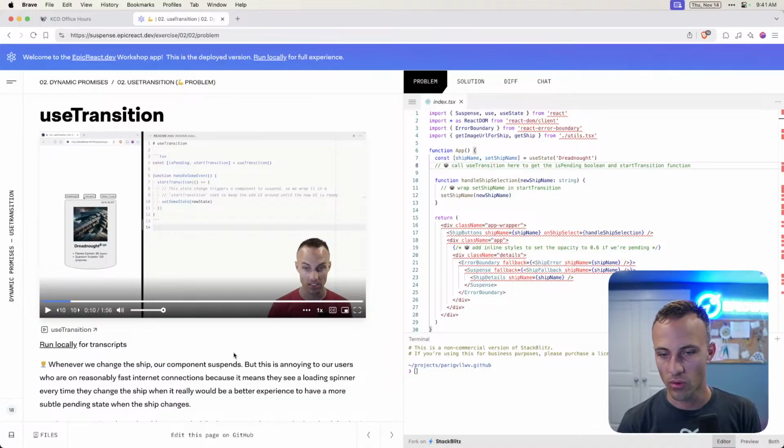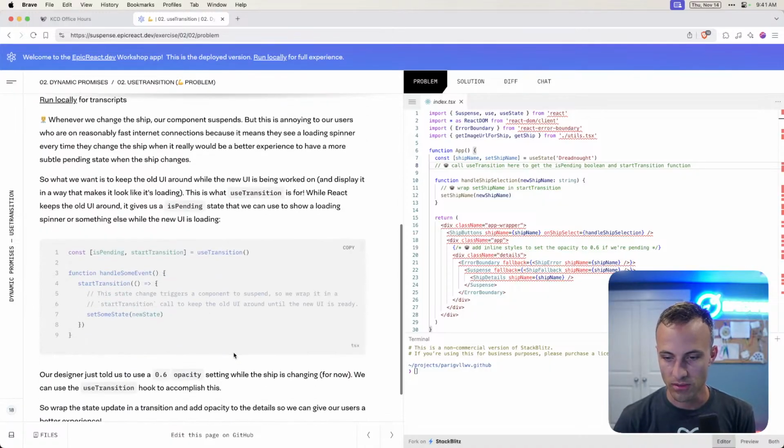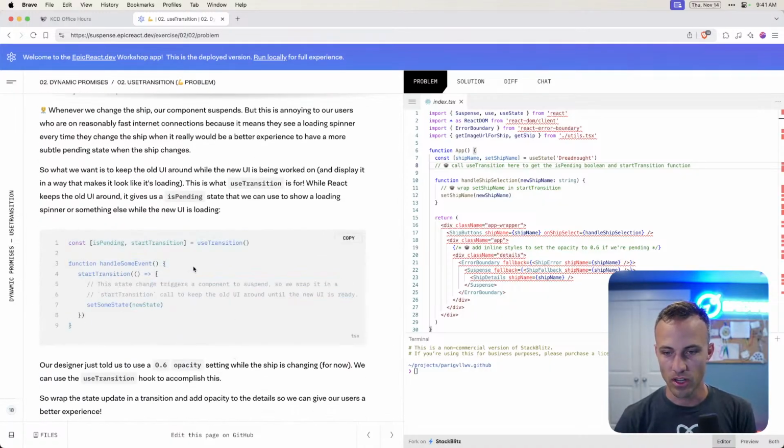Why don't you just leave it where it was and maybe show some other pending UI? That's what use transition is allowing us to do. Now we get our pending state. It'll leave the old UI around with the isPending thing, so you can render whatever you want, but it doesn't abandon where this code is running and go to the pending UI from the suspense boundary. It just stays in this component with this isPending state.